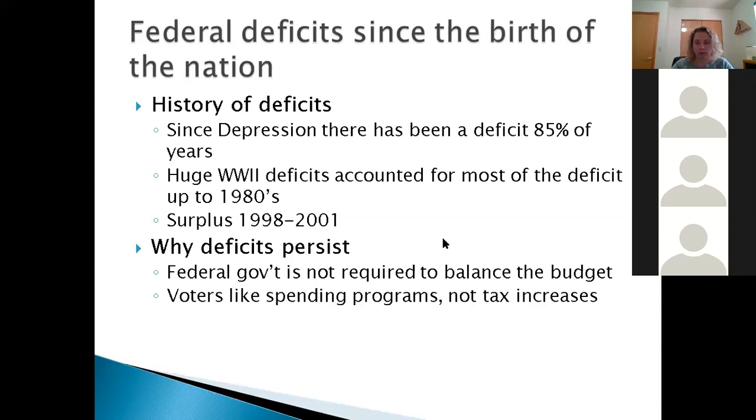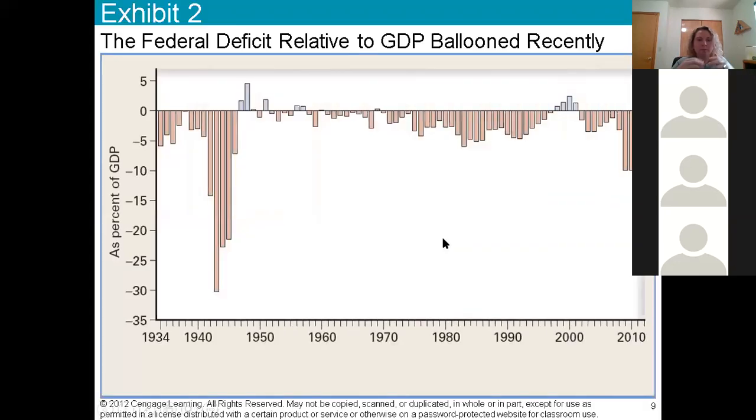Okay. Sorry, something happened here. Okay. So the federal deficit relative to GDP. So as a percent of GDP, don't get too wrapped up in the way this is set up. This is just sort of showing you over the past 80, 100 years, something like that, sort of what we've seen in terms of deficits and